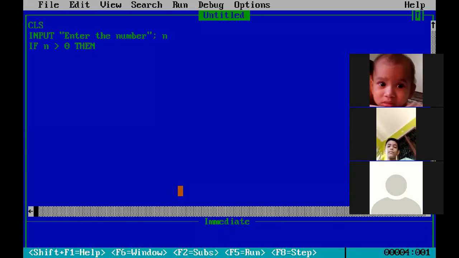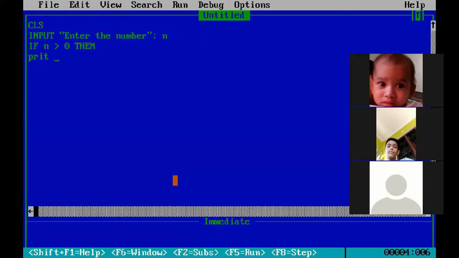If the number that we have given is greater than 0, then it will show the result.